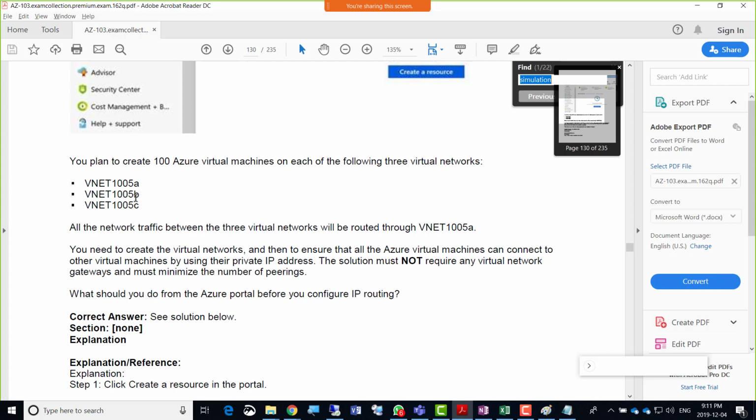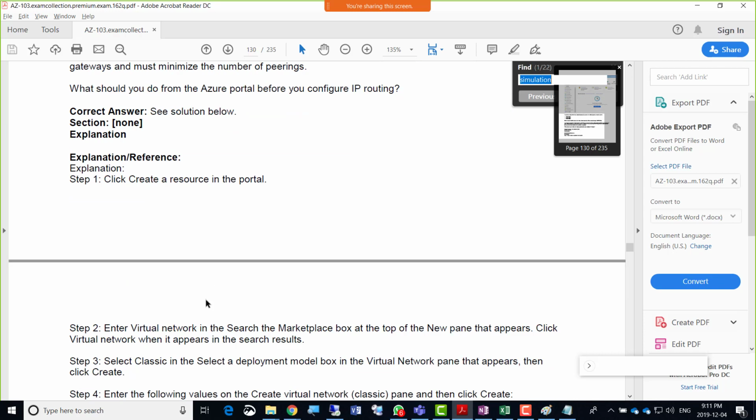So now we're going to create three VNets here, and then minimize the number of peerings. So how many peerings? I'm just going a bit fast here. So Ali, how many peerings did you create there? Two. You have to configure the peering. Once you configure the peering from within one VNet and say that you want to connect to this machine, then you just create two. Okay, two. And thank you, Ali, for that confirmation as well.